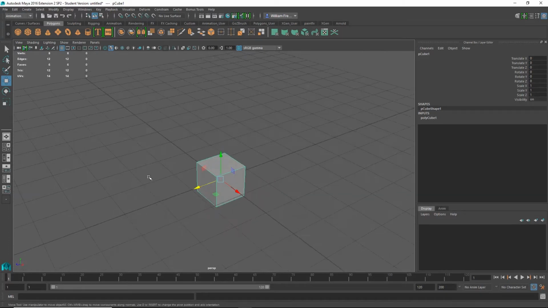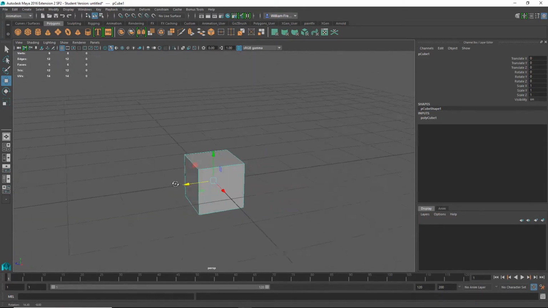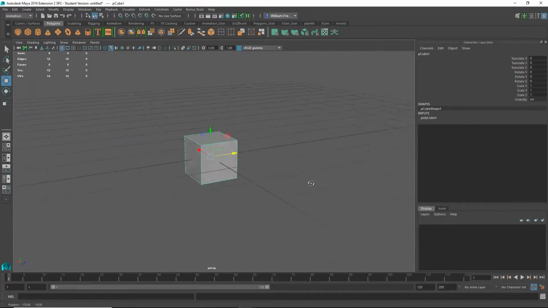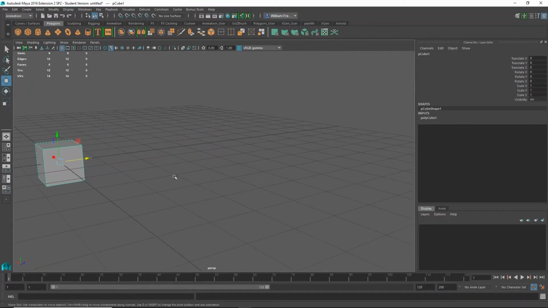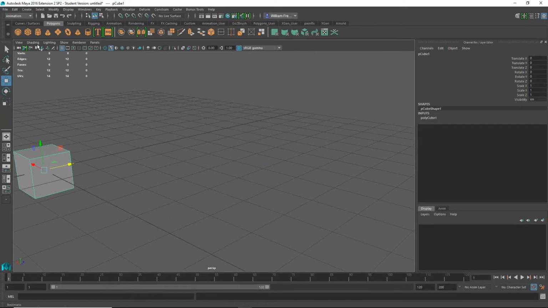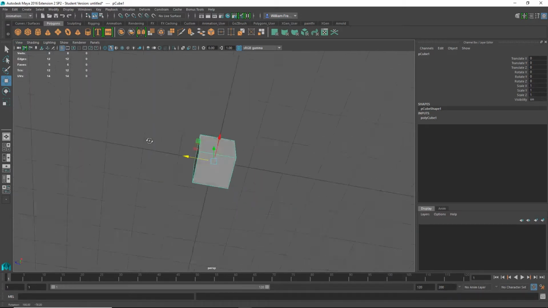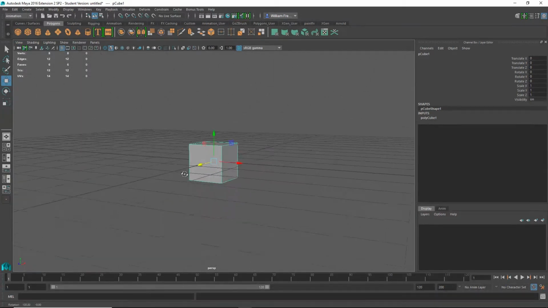on a PC, it'd be Alt left mouse to rotate. And you notice that when I rotate, suddenly the cube's rotating. If I want to focus on this cube, I can go under the actual panel window and select View, and then Look at Selection right here. And that'll center the cube, and then when I'm rotating, I can see it centered on the